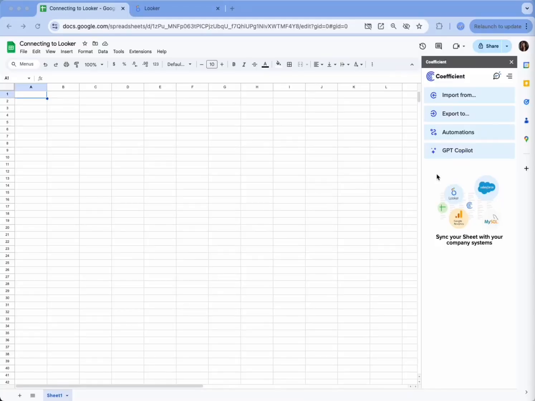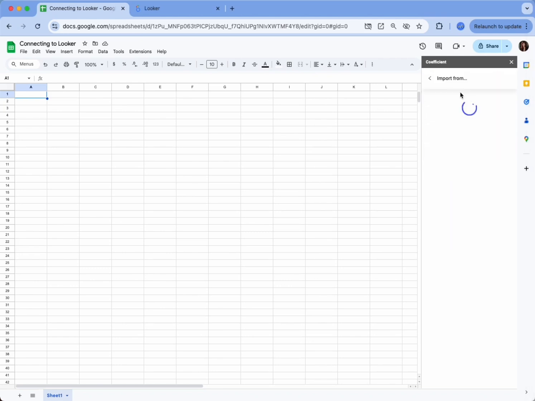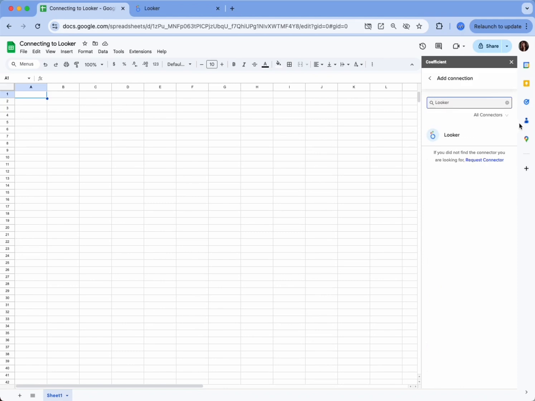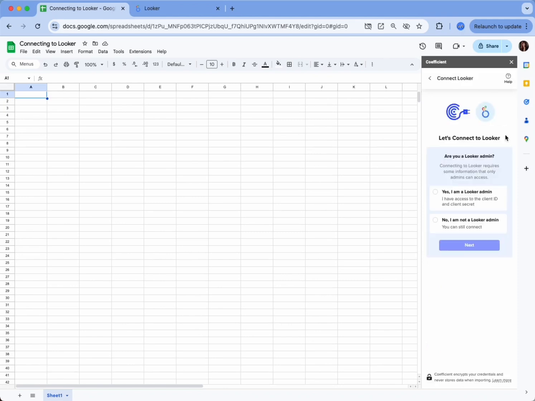Today I'll show you how to set up a Looker connection in Coefficient, and this demo will guide you through every step, whether you're an admin or a user without admin access. So once you've launched Coefficient, select Import From, add a connection, search for Looker, select Connect, and then the first